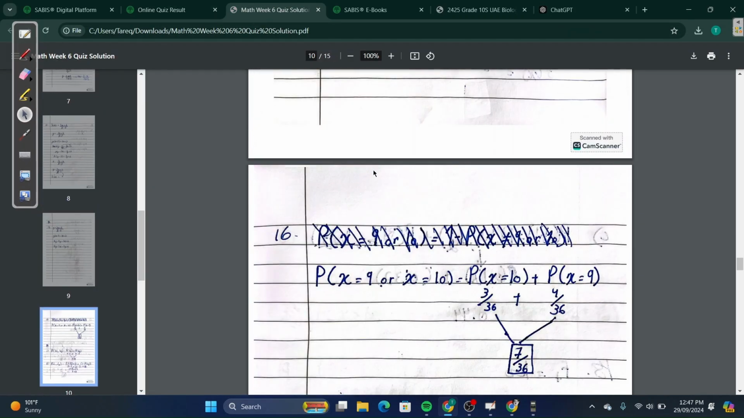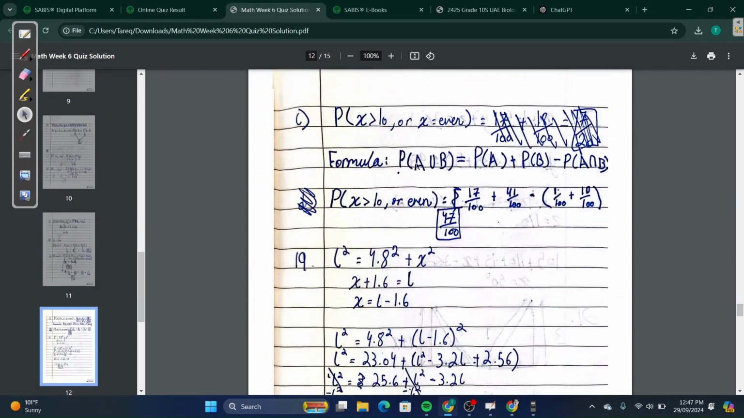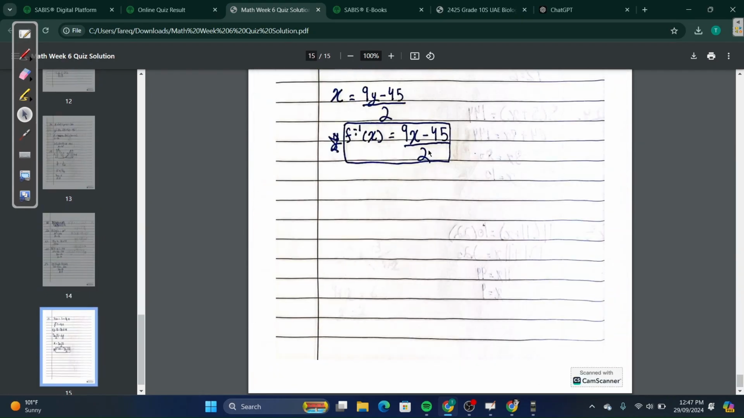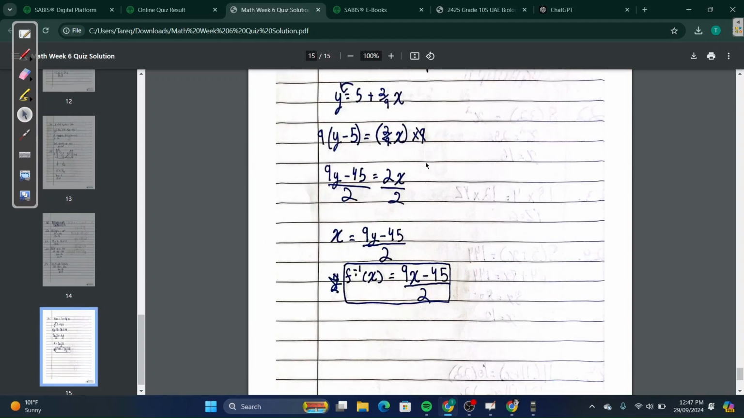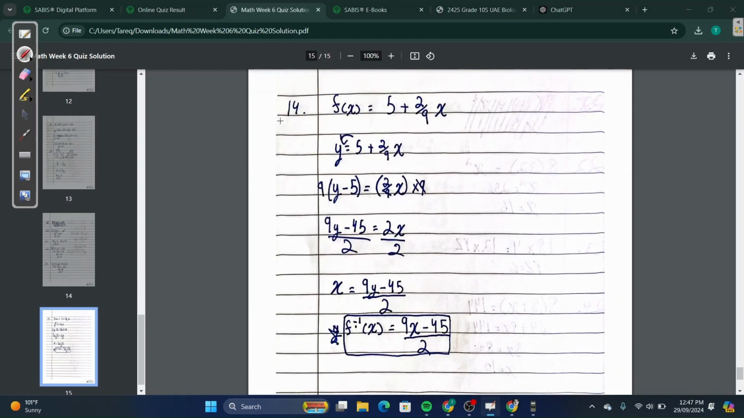I'm not going to solve it, but here for some reason the PDF mixed up. Here it's not in the same order. 14 is on the last page, which is very easy. Just put y, take 5 to the other side. Okay, then you're going to want to multiply. So you're going to have y minus 5 equals 2 over 9